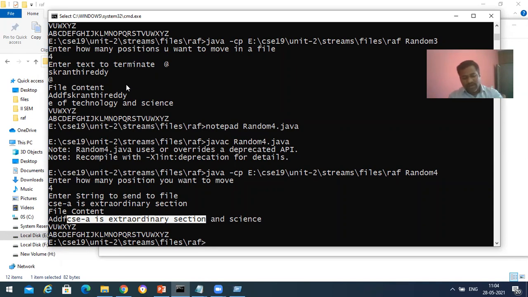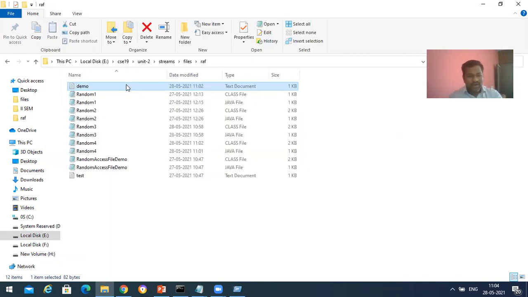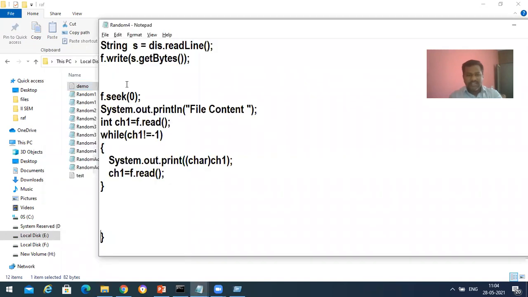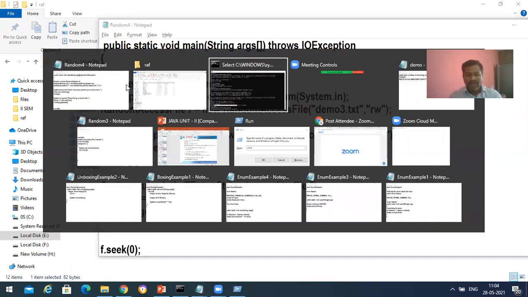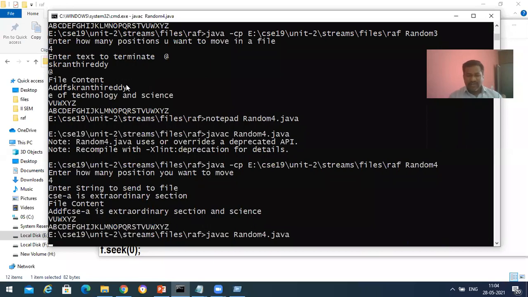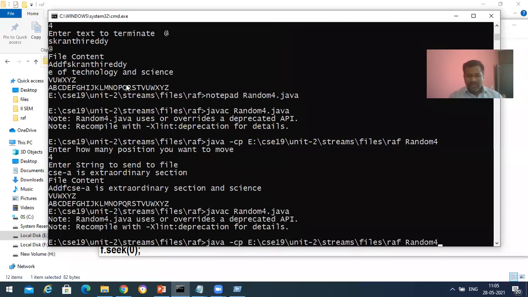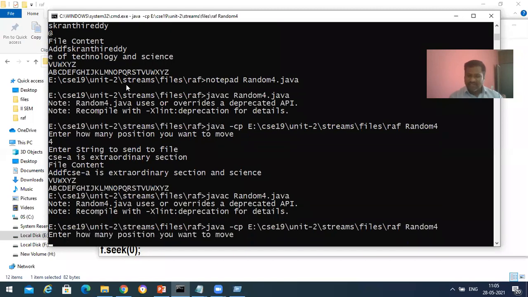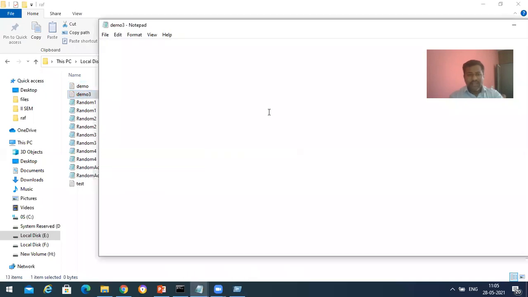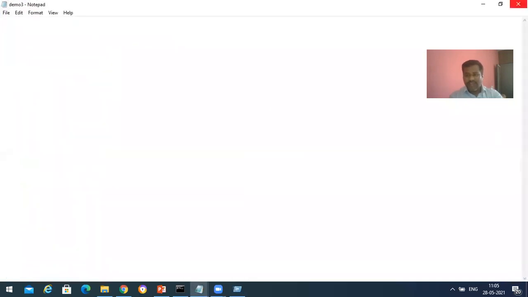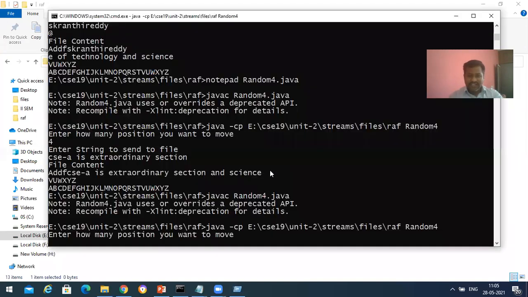Now, there is no file called demo1.txt. In random4, I'm going to take a new file called demo3.txt. Now I'm going to compile it: javac random4.java. It doesn't generate any error, and at runtime it is also not generating any error. We don't have demo3.txt, but if you are opening in rw mode, then the file is created. Now, if the file already exists, then